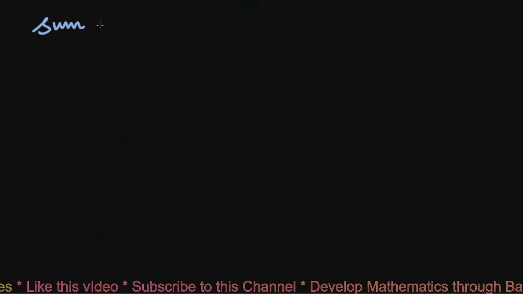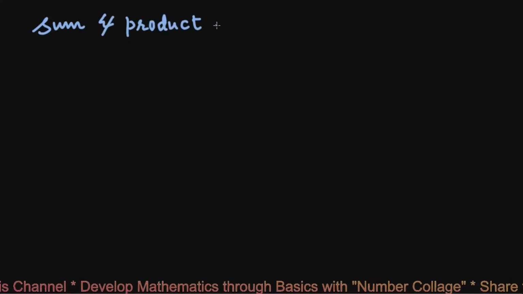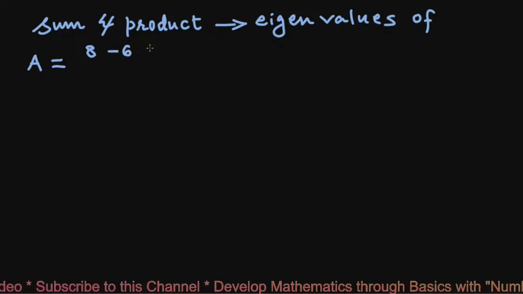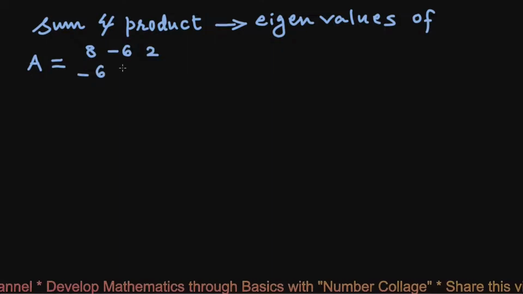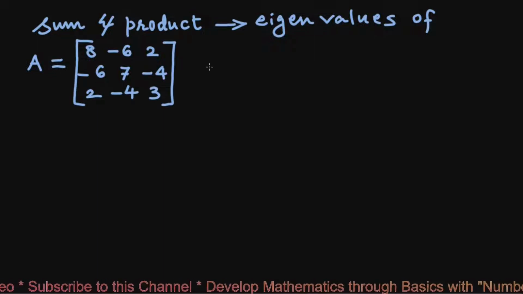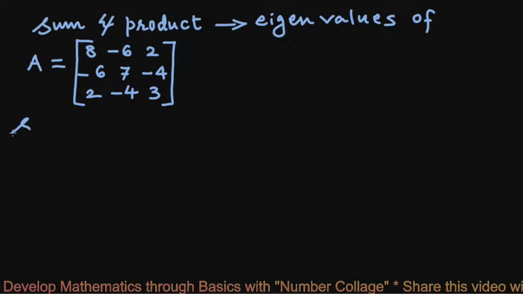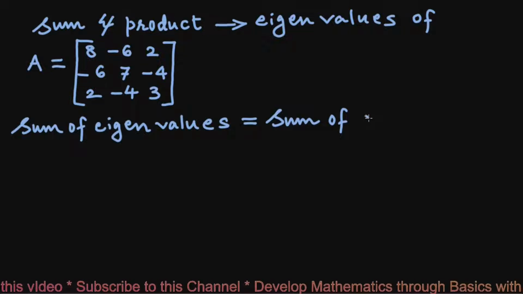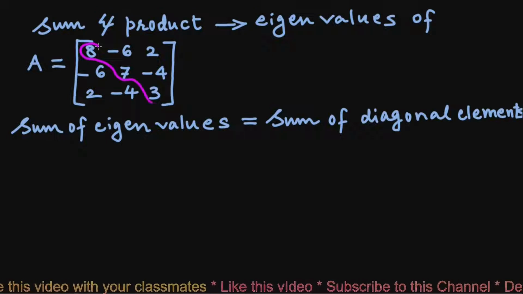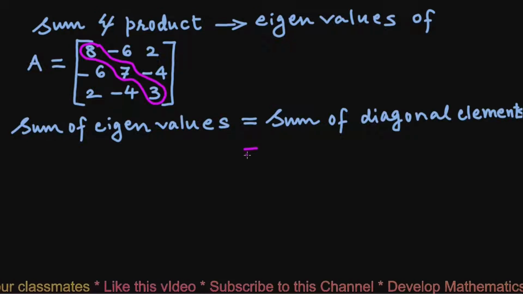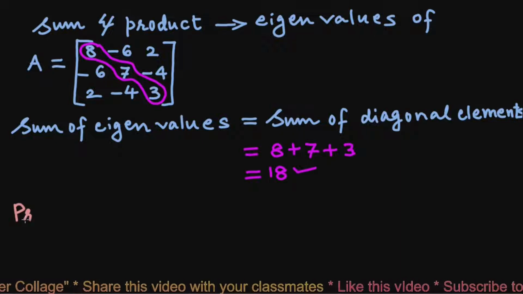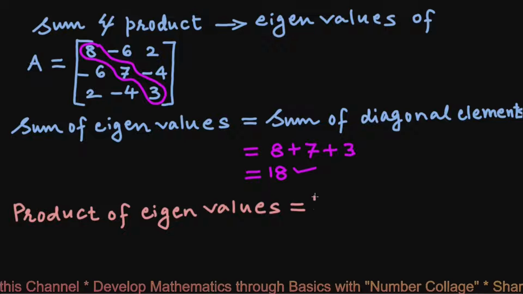Let us find the sum and product of the eigenvalues of matrix A: 8, minus 6, 2; minus 6, 7, minus 4; 2, minus 4, 3. We have just proved that the sum of eigenvalues equals the sum of the diagonal elements, which are these 8, 7 and 3. Their sum will be 8 plus 7 plus 3, 18,